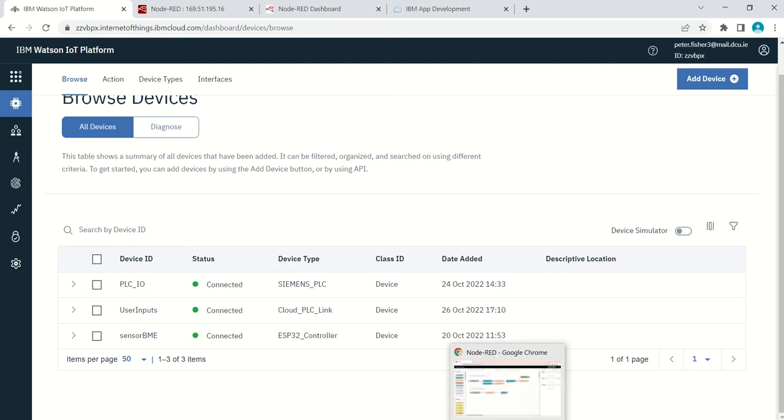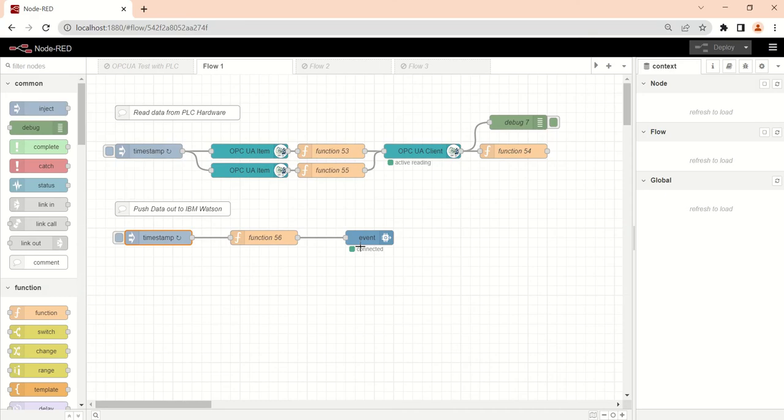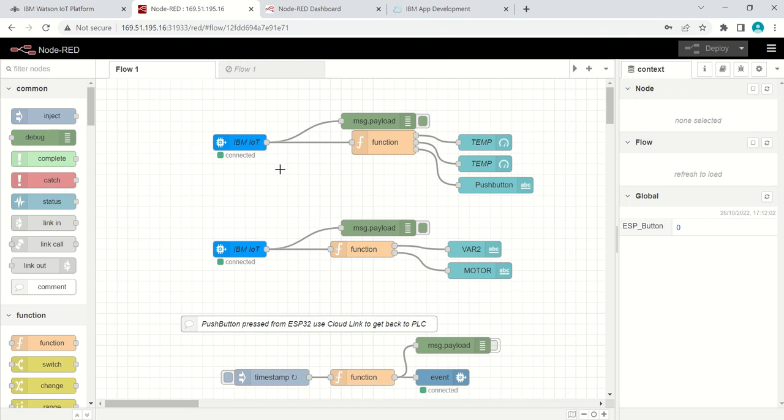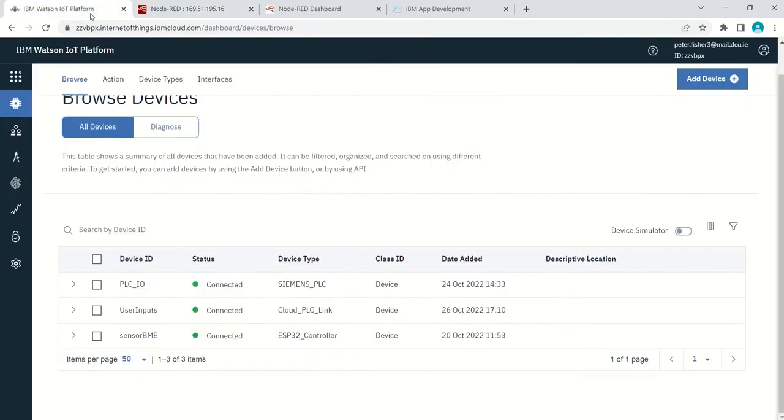Okay, I have that running. This is the local version of Node-RED, and over here is my cloud version of Node-RED sitting on IBM. Okay, we can see our tables. These are kind of our gateways, our devices. Let's say we're connected to the PLC, this is sending data up. We're connected to the ESP, that's sending data up, and then we're connected to this kind of cloud link device that's going to send data